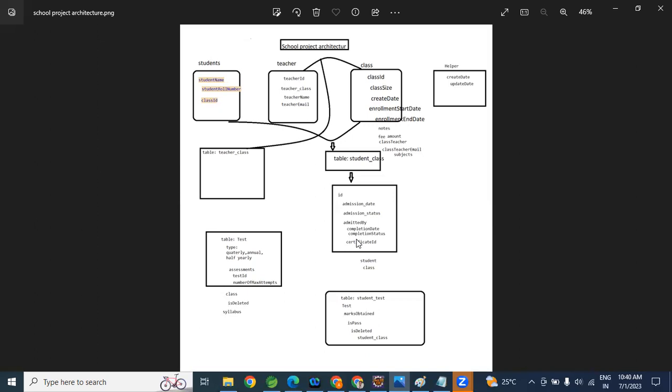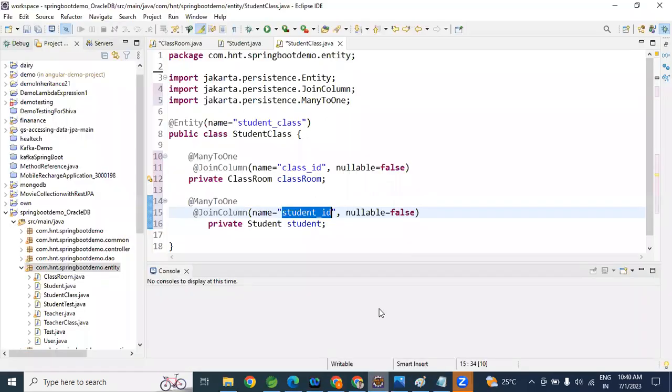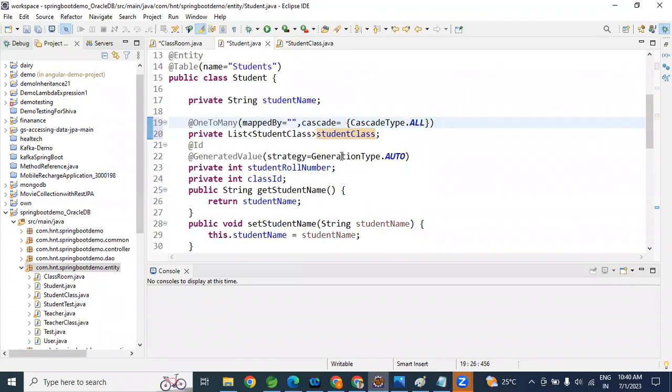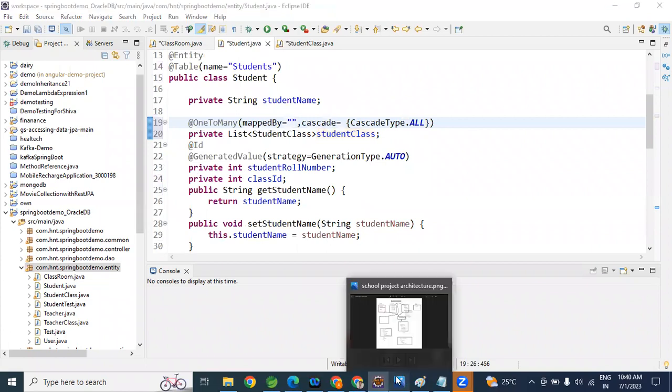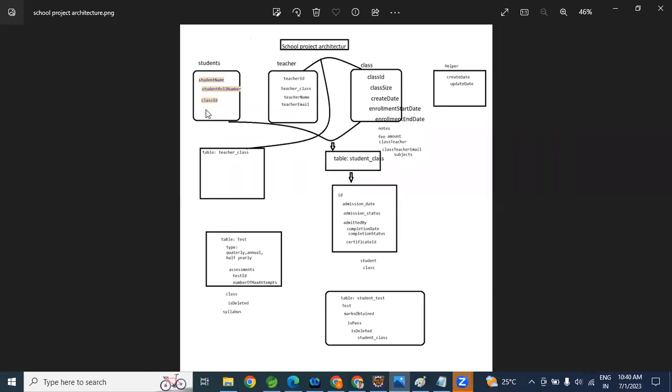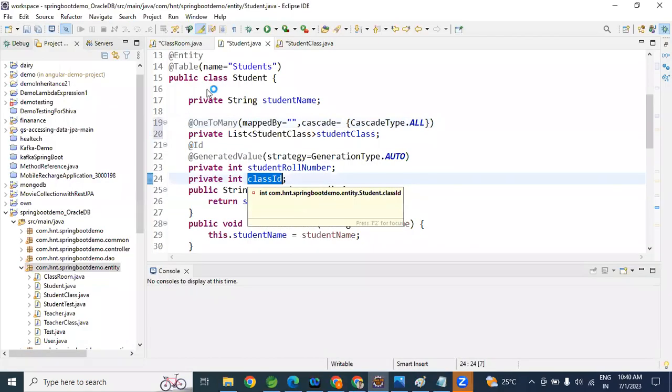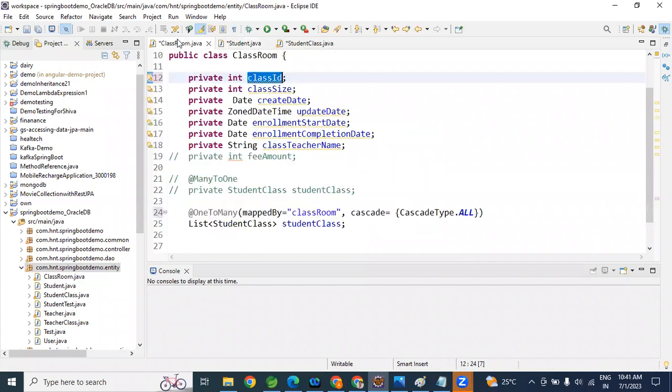In the student table, we are having the three IDs: student name, student roll number, and class ID. This is the class ID. Okay. Then in the classroom, we need to